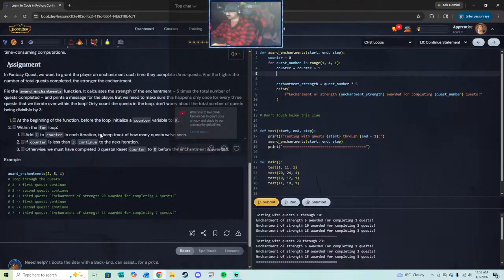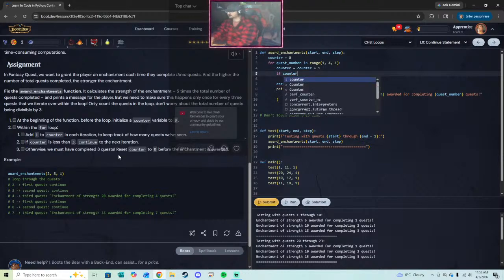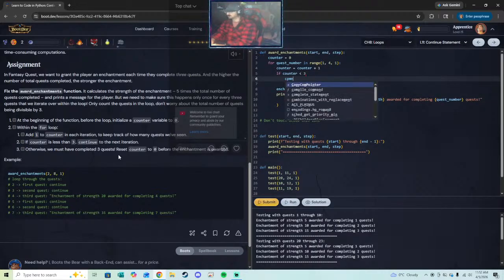So that's adding to it now. If counter is less than 3, continue,